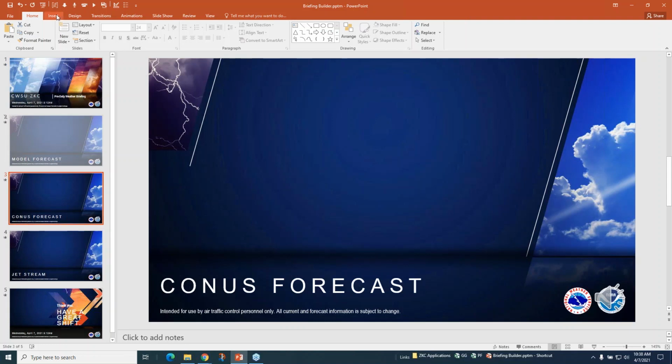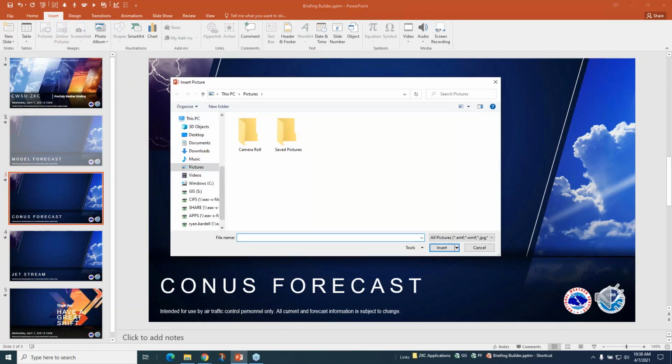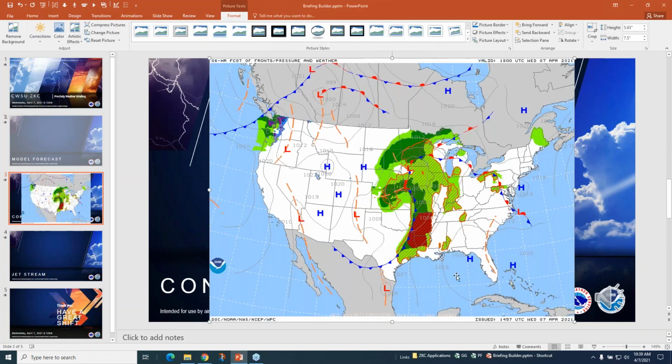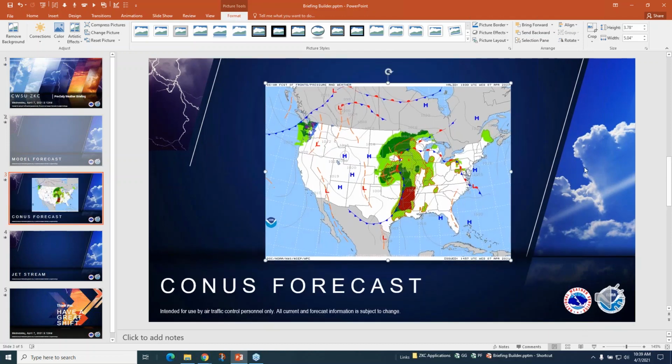So if you go to Insert, again, you've got to remember where all this stuff is at, and Pictures, and I'm going to grab an image I've got saved, a URL over here. I'm going to paste this in here, and you can just paste that in there normally. And this is just a prog chart from AWC. And I'm going to insert and link that image. So you see it pops it in there. It's kind of big and awkward. You can resize it, set it however you want, and then you've got it in there.